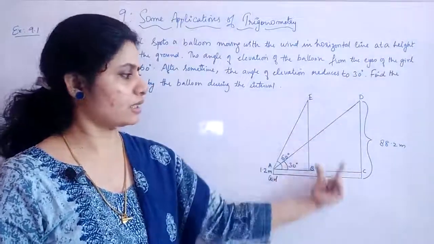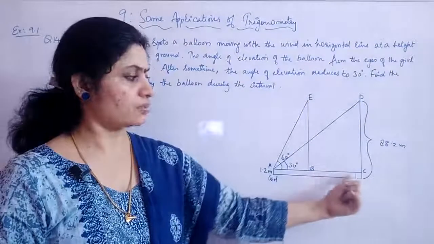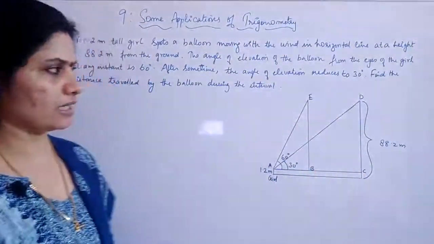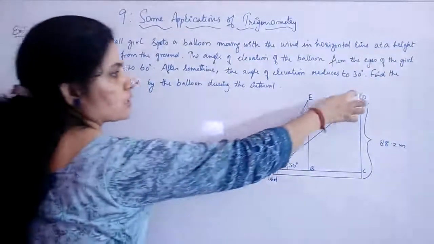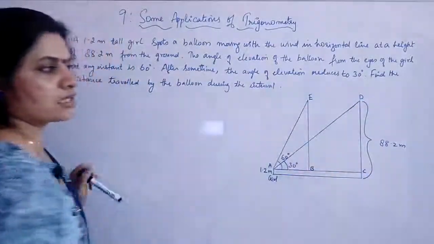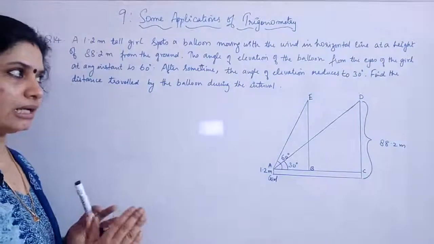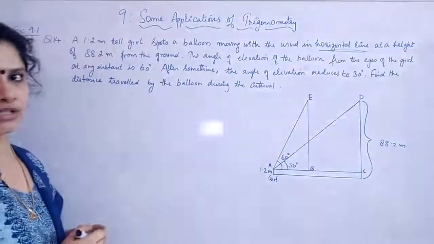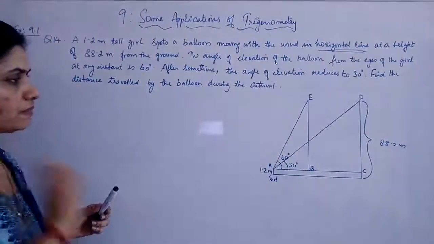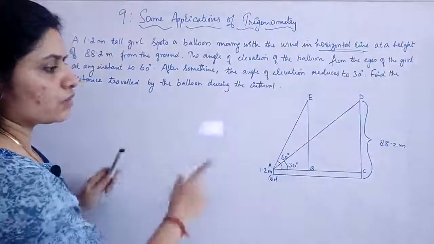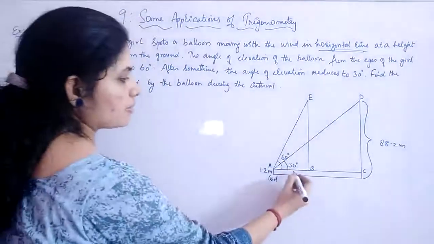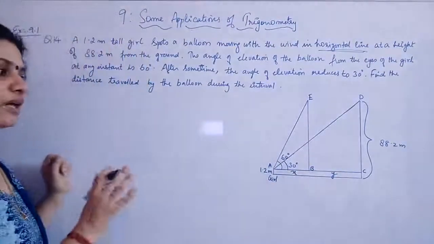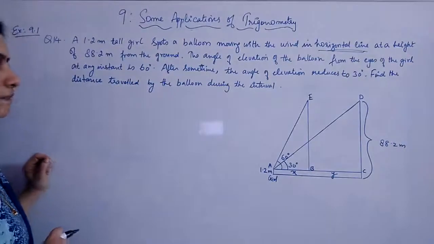When we take the same thing here, this is BC. ED is the same as BC, which you have to find out. The total height of the balloon from the ground is given to be 88.2, and it is maintained throughout because it is moving in a horizontal line, so there is no change in the height of the balloon. Let's start by taking AB as x meters and BC as y meters, and our purpose is to finally find out what y, or BC, is.